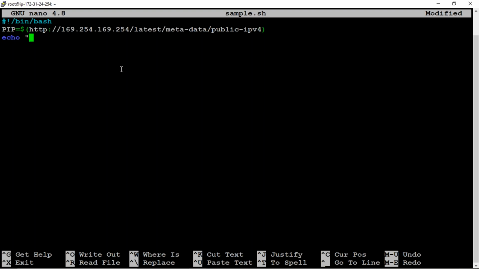I'm just writing a message: my Ubuntu instance IP address is that variable, $PIP. And close the double quotes.